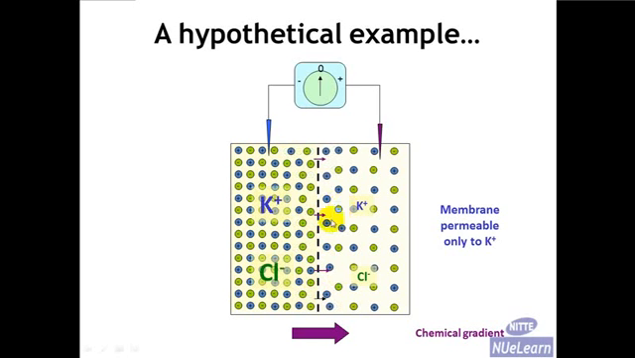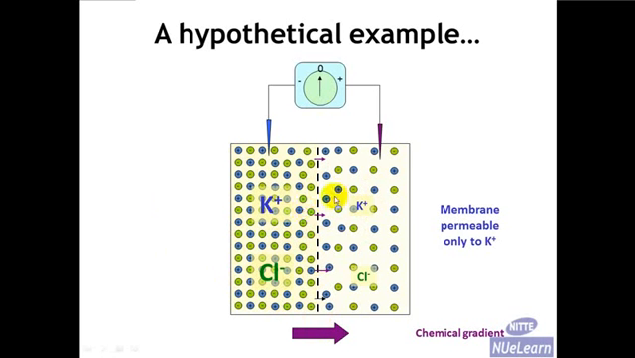And as this happens, there are two things that we need to note. One, the concentration of potassium rises on the right hand side and correspondingly falls on the left hand side as more and more potassium ions move across the membrane. Therefore, in effect, the concentration gradient or the chemical gradient is reducing with every passing moment. Also, with every potassium ion that moves from the left hand side